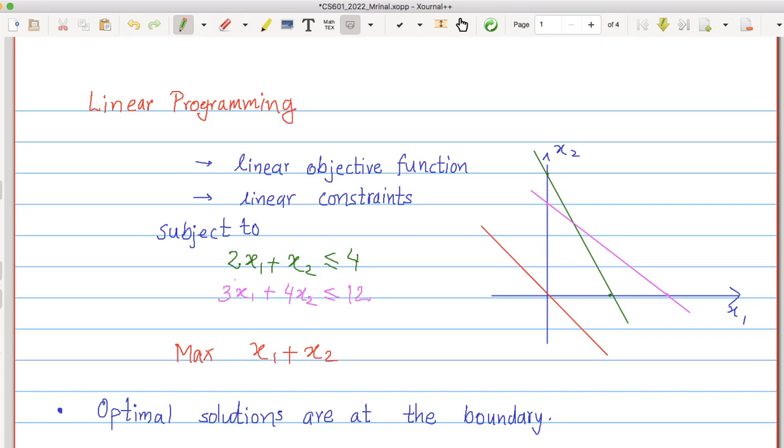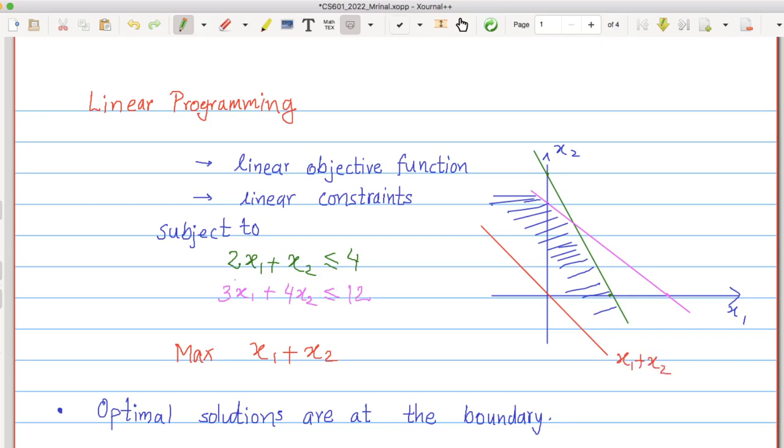So when you want to simultaneously satisfy both the constraints, the set of points which simultaneously satisfy, that's this region, the common region below these two green and pink lines. Okay, and suppose you want to maximize this objective function x1 plus x2. So consider this red line which is showing x1 plus x2 equal to 0 right now. So as you move it up,